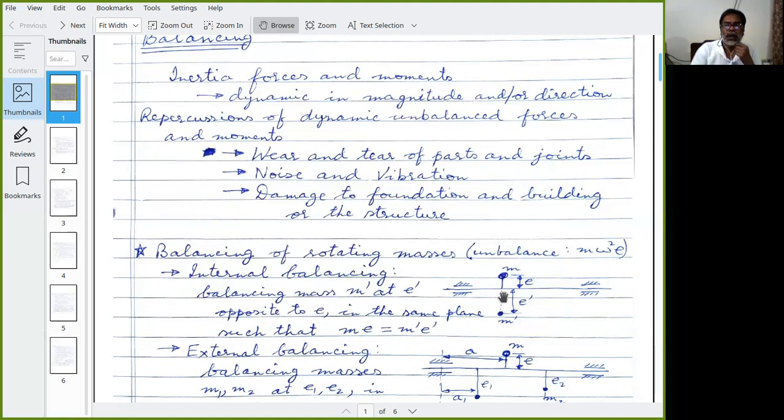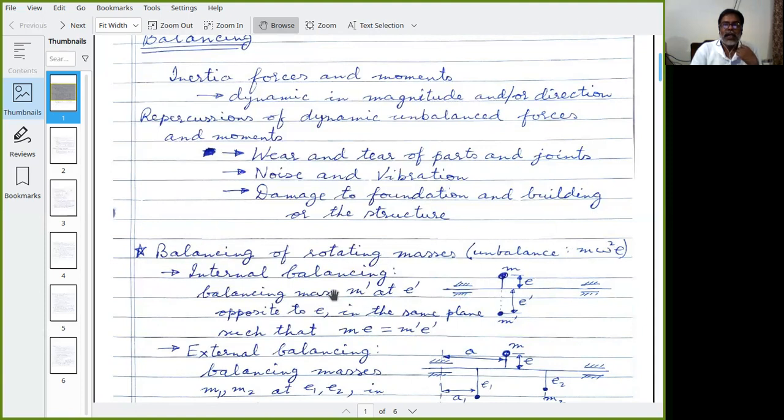Okay. So, what is the acceleration of this? Acceleration of this is basically centrifugal acceleration, omega square e, and therefore the inertia force is minus m omega square e in the outward direction, and therefore, as I have drawn this, upward there will be a force of magnitude m e omega square. So that is the inertia force on this.